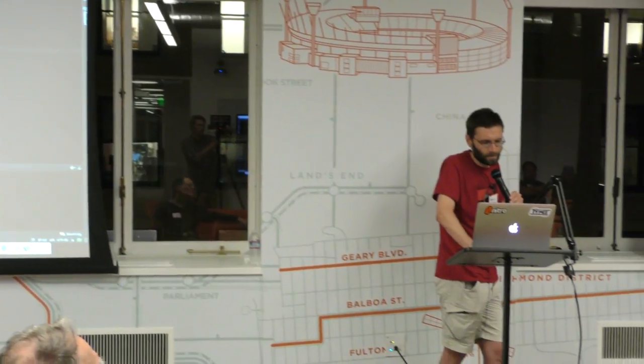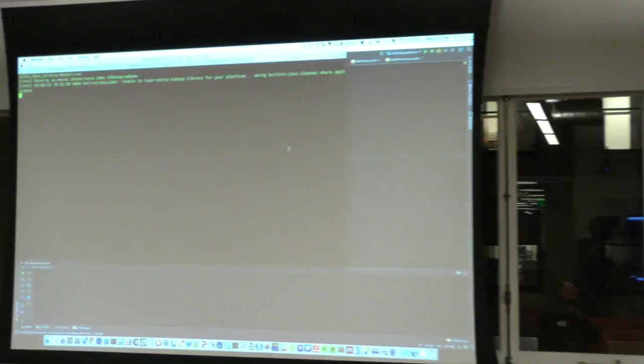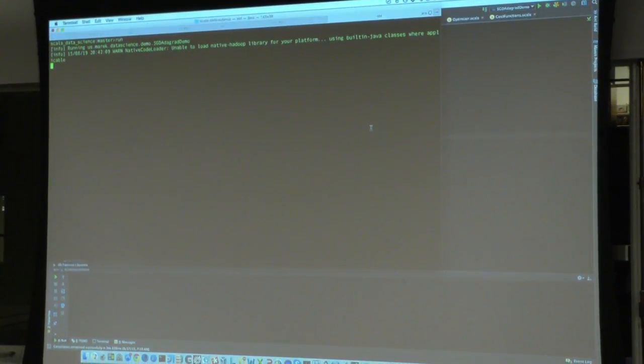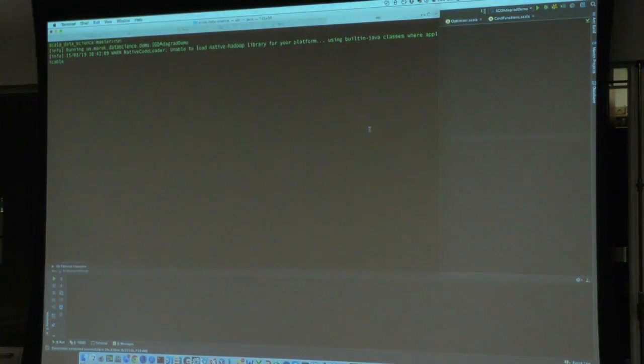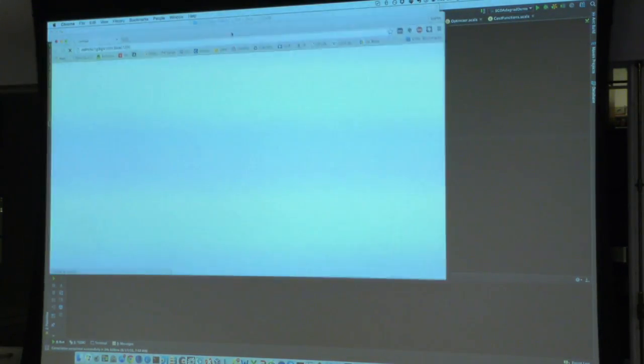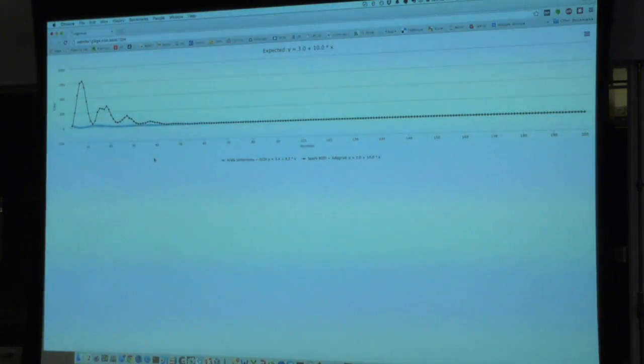And let me just do a quick demo here. So I generated this fake data set which has a bunch of Gaussian random numbers for the feature, and then the target is the intercept of 3 plus 10 times the Gaussian from the feature plus another piece of Gaussian noise at the end. And as you can see, the expected coefficients were 3 and 10.